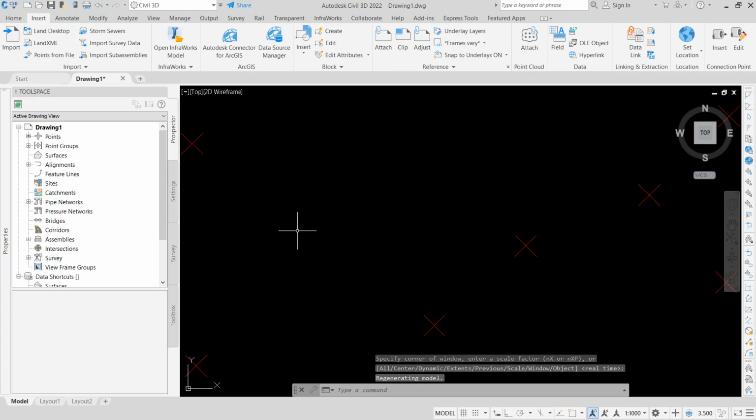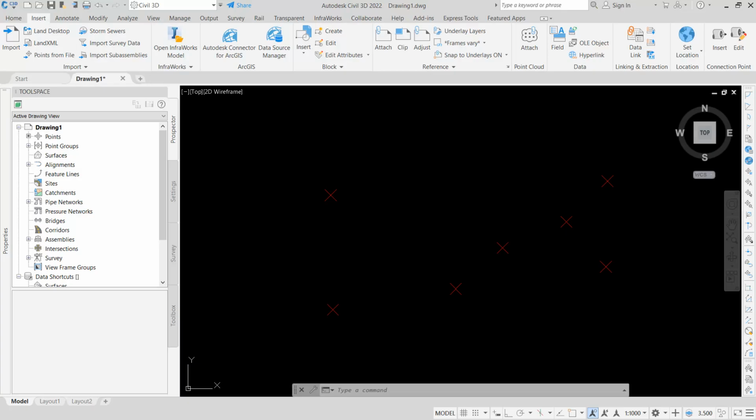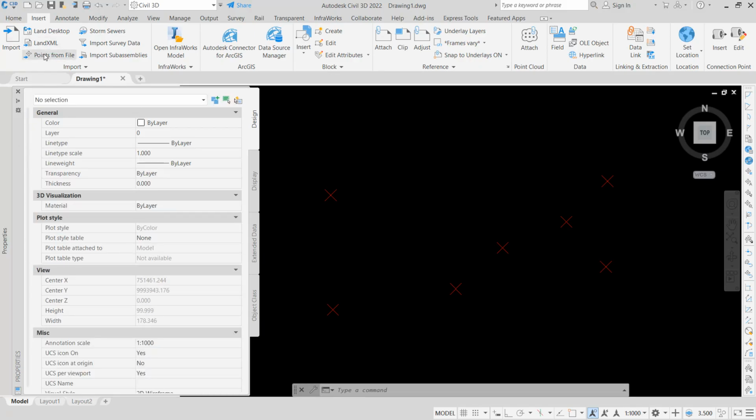Okay, so when I zoom at that, I'll be having my points here, the 7 points. And now it will be difficult for you to know which one is which. So for this case, I'm now going specific points. I want to label them to see which point belongs to what. So on this side here, on the tool space here, we are having the points,